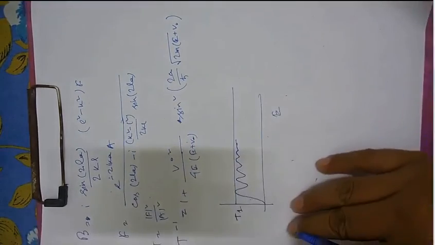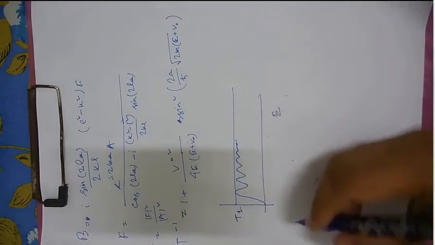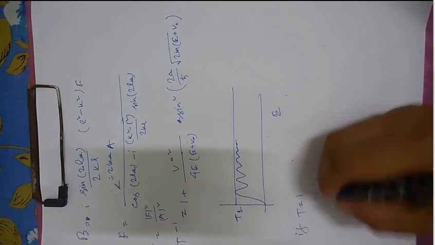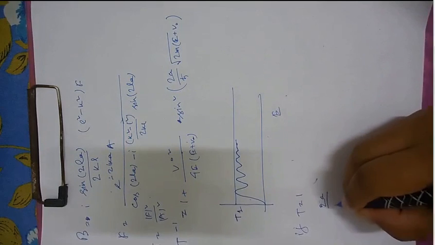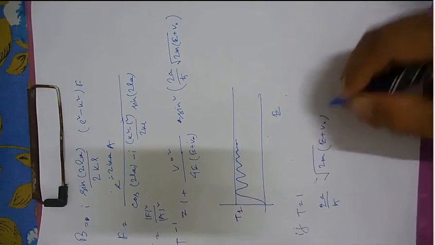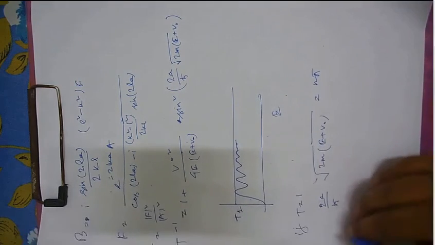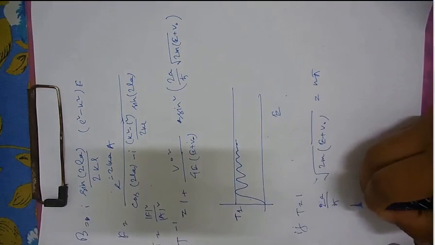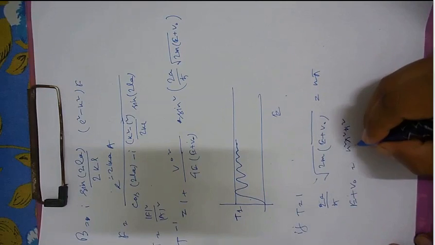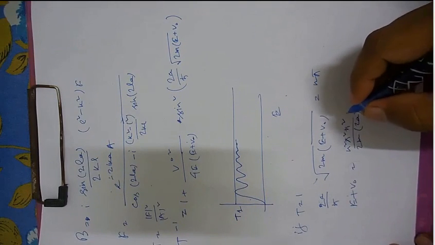And also, if T equals 1, you can find (2a by h cart) root 2m(E plus V0) equals n pi. So from here you can calculate E plus V0 as n square pi square h cart square by 2m (2a) square. So